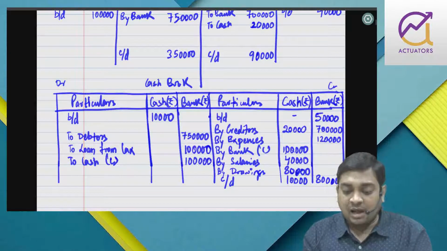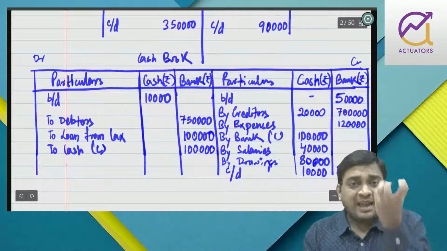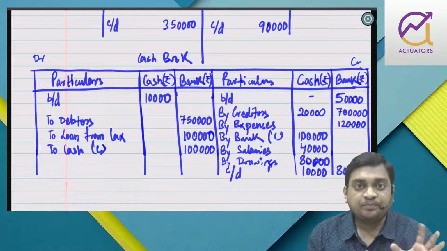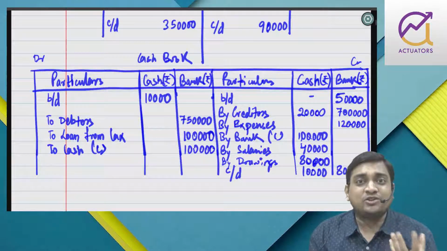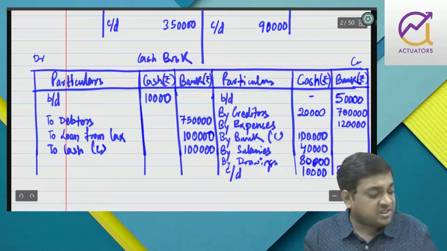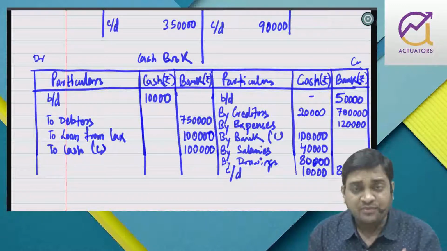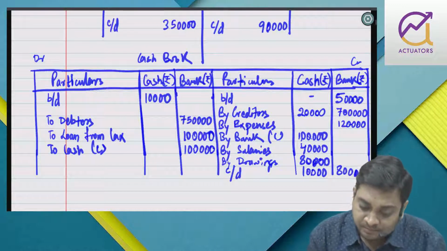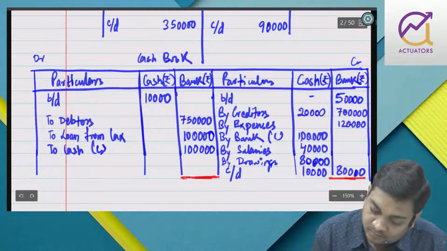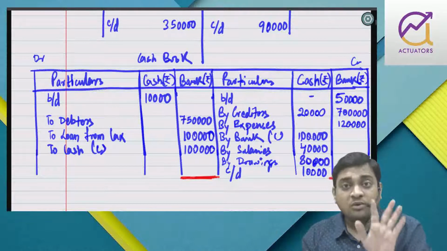Now if you see the bank account, usually they have given you a passbook. So when you take the passbook, let us assume that there are no reconciliation items: cheque deposited not yet credited, cheque issued not yet presented. Since they have given us the bank passbook, it means no transaction is left uncovered, and further there is no reconciliation item as well. So if you see carefully, your bank account will tally.